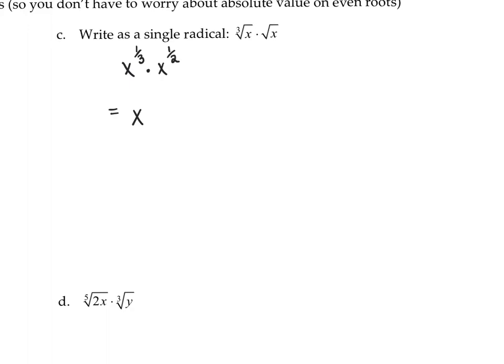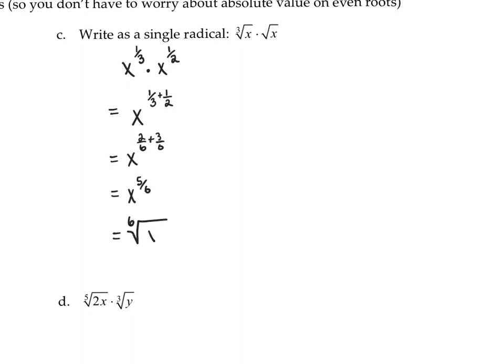Now our exponent rule for same bases when they're multiplied is to add their exponents. So this would be 1/3 plus 1/2. We need a common denominator, so 2/6 plus 3/6, which is x to the 5/6. But since the original expression started in radicals, I need to take this answer back to a radical, which would